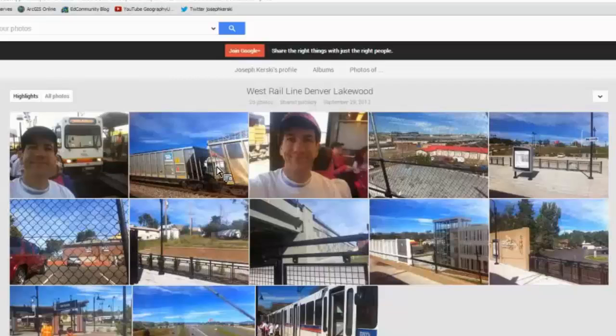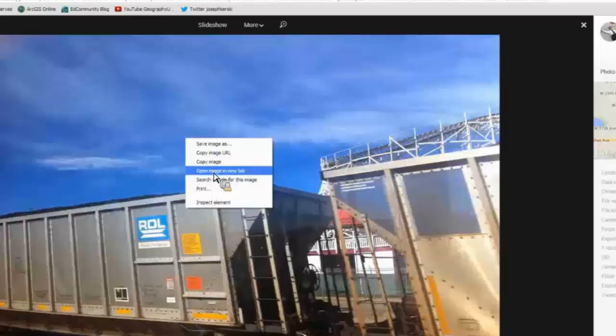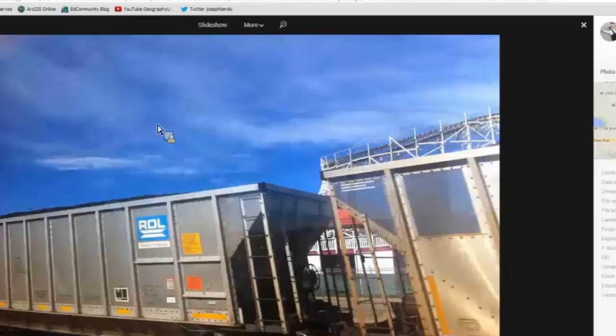The point, though, is not really about West Rail Line. The point is that I've got them all in a folder, and I've got that folder publicly shared. And each photograph is not embedded in some other place. It actually can be pulled up. If I open this image in a new tab, this is just like creating